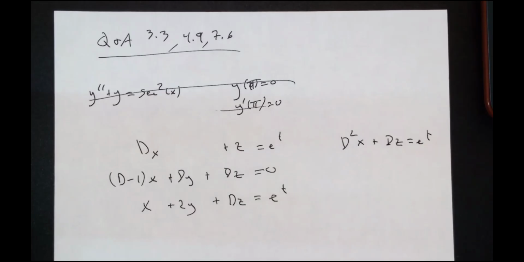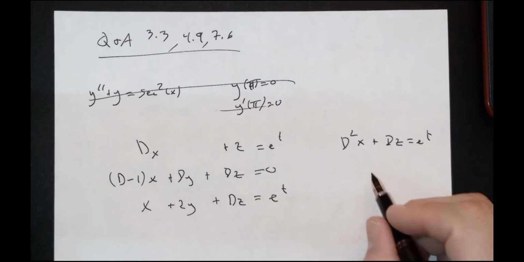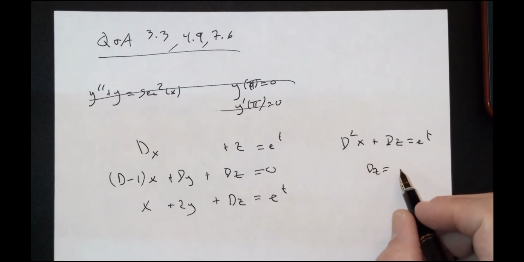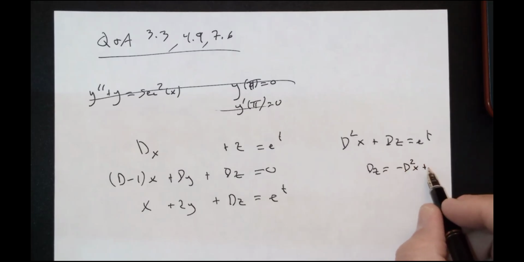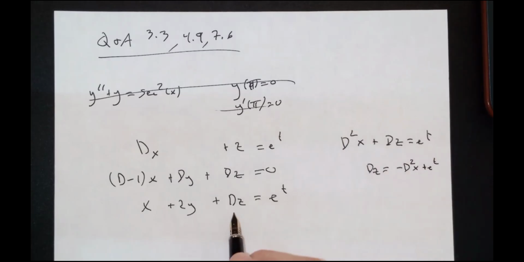And then I solved that for dz, plugged it into the third equation. Which is going to give me something that's just an x and y, right? Yes. So dz is negative d squared x plus e to the t. Put that in here. I get